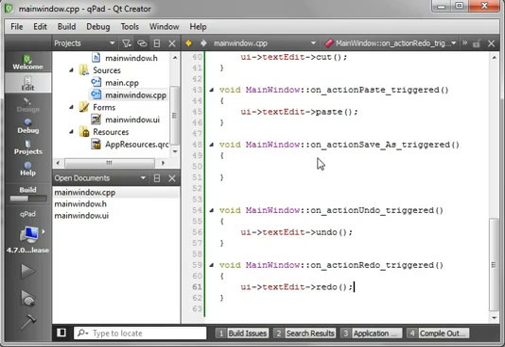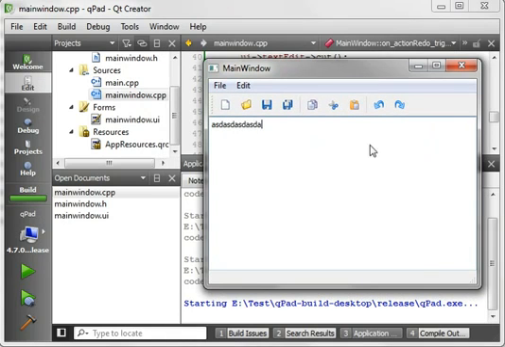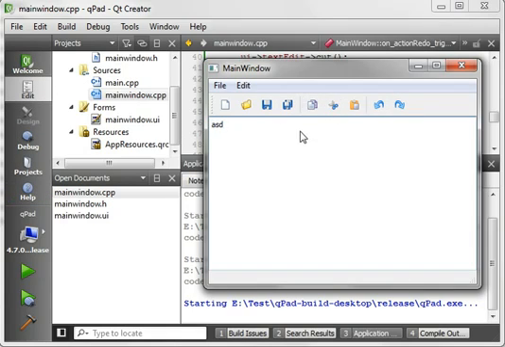So I'll just save and run this. Maybe if it builds, come on, there we go. And then we can just test the functionality out here. Let's do undo. Let's just go copy, and let's just paste it. There we go. Let's see if cut works. Yes, it does. Paste it again. Let's do undo, redo, undo, redo. So we've got the base functionality here, and we've done very little programming because it's all provided by the Qt